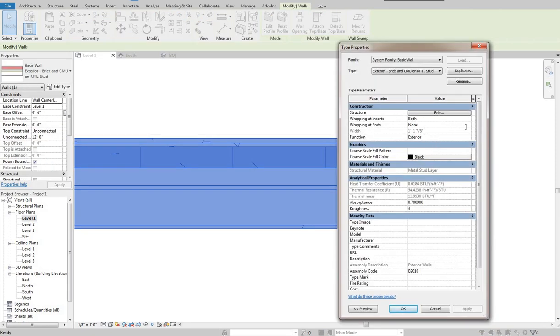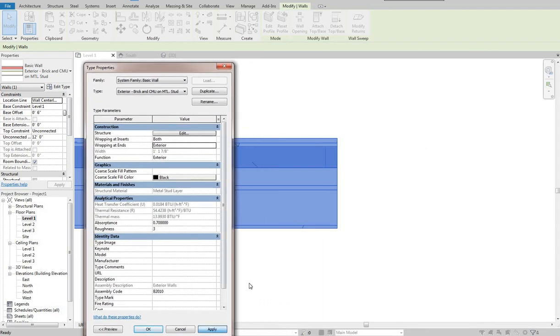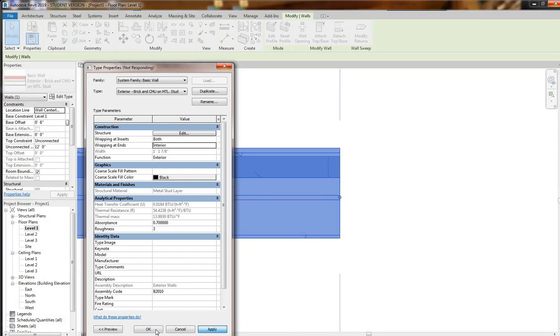So we've got function exterior wrapping at ends. We could say we want the exterior to wrap there, or we want the interior to wrap there. For whatever reason, this, or whoops, it's an exterior wall. We want that one. For whatever reason, this wall type apparently hates doing any sort of wrapping ends or anything otherwise. This is a good lesson: there are plenty of things out of the box in Revit that are just